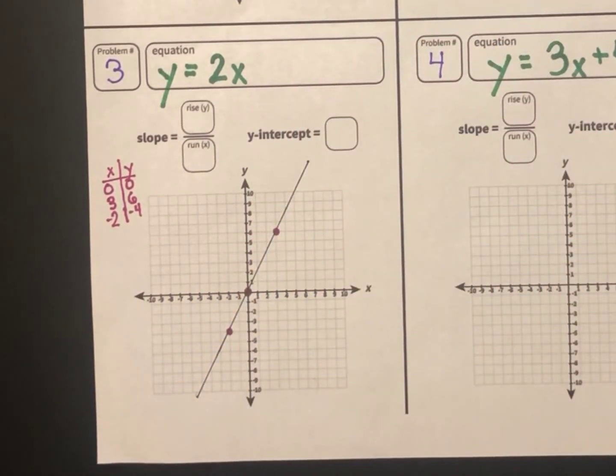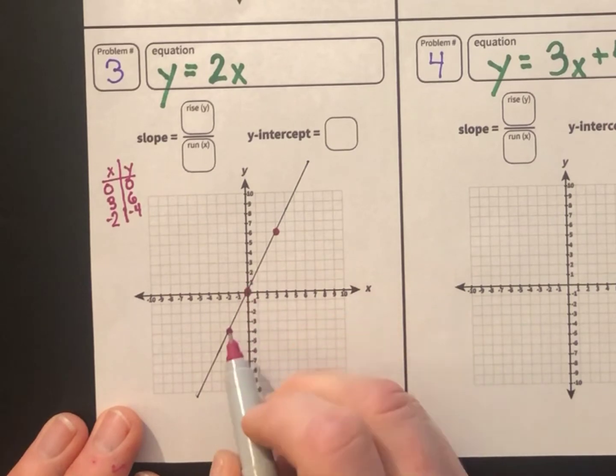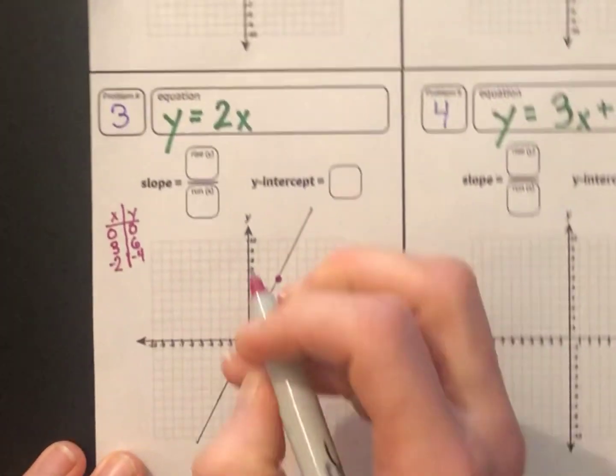Now I'm ready for the slope and intercept. Let's see, rise over run. I think I'll use these points. Let's see, right here. Up